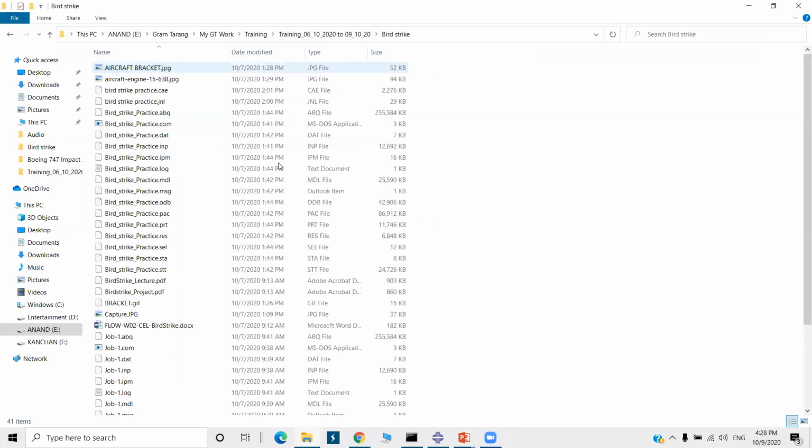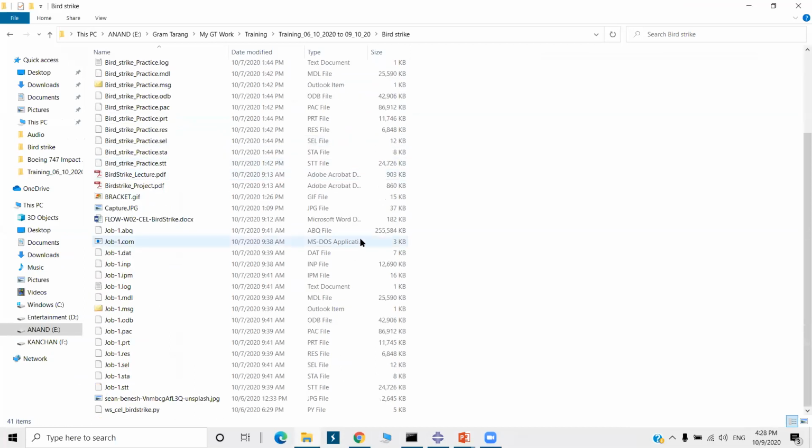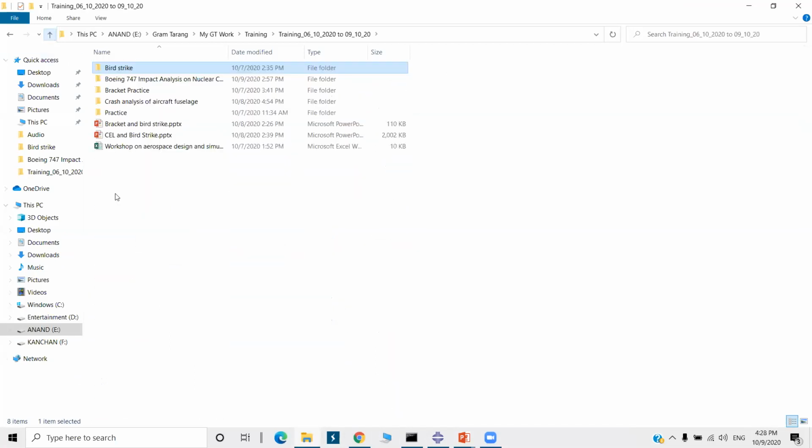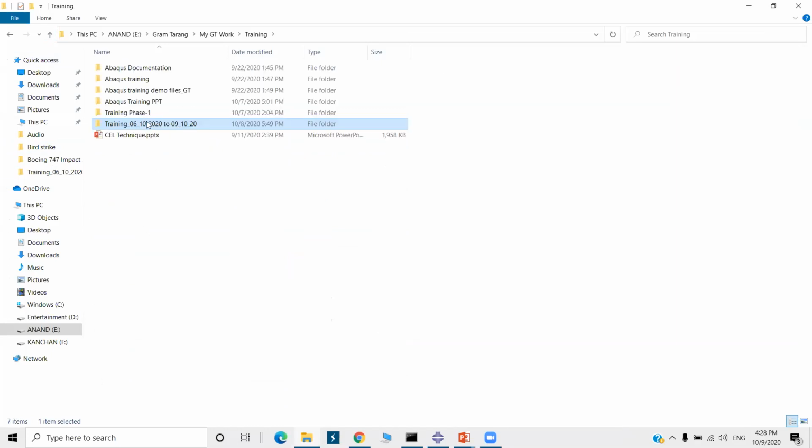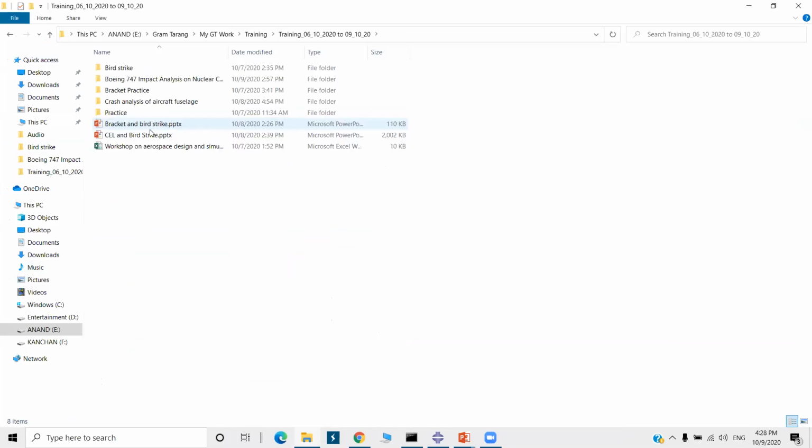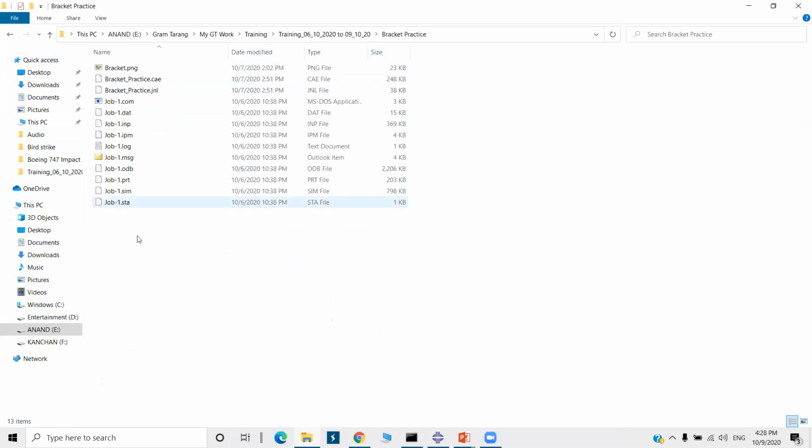For the bird strike analysis, I will show you. So these many files are generated. Now the bracket analysis, you can see here.